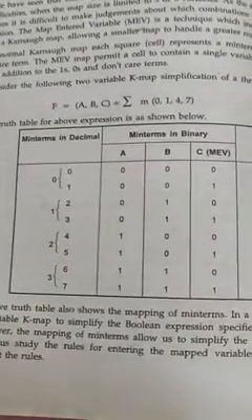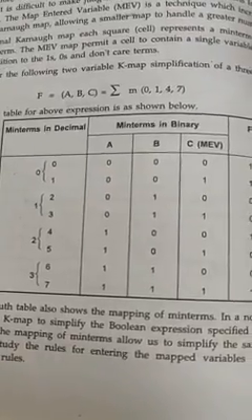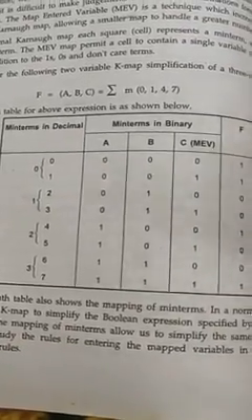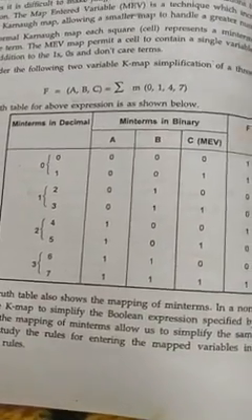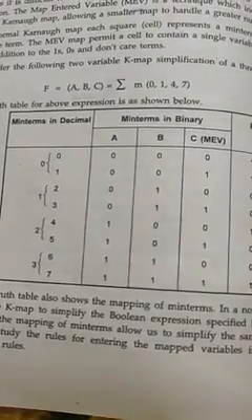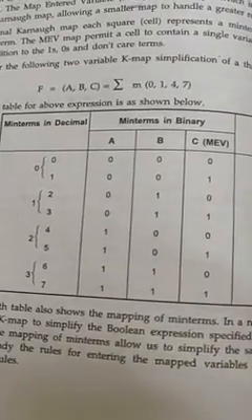How to solve this problem? Similarly, they might ask questions like a 4 variable function should be reduced by using a 3 variable k-map, or a 4 variable k-map should be solved by using a 2 variable k-map, or a 5 variable k-map can be solved by a 4 variable k-map. This is how you're supposed to solve by using map entered variable concepts.